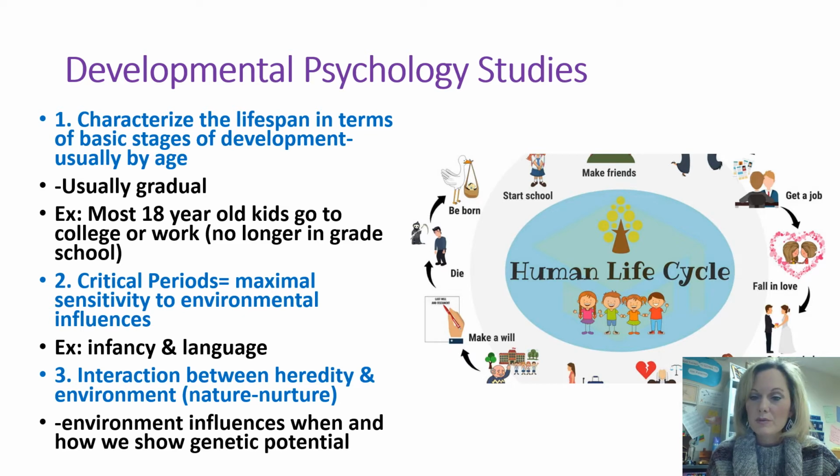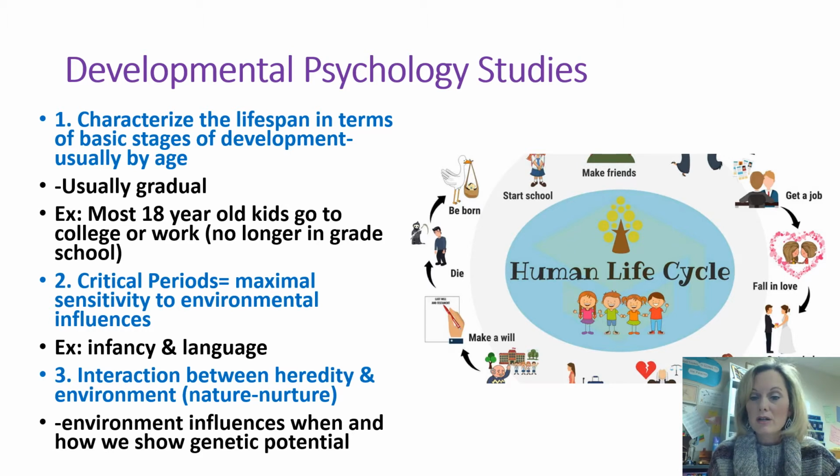There are also critical periods. We'll be talking about those, where you really have sensitivity. One we'll talk about in the next section on physical development is the embryonic period, and how that's a critical period of development when the baby is in the womb. If any teratogens come in and affect that period, there could be developmental and birth defects. Then there's infancy and language, and attachment, when attachment is going to occur, and when that's lasting, and when that can really be the point of no return, and so forth. When are those critical periods that we need to have those developmental things happen?